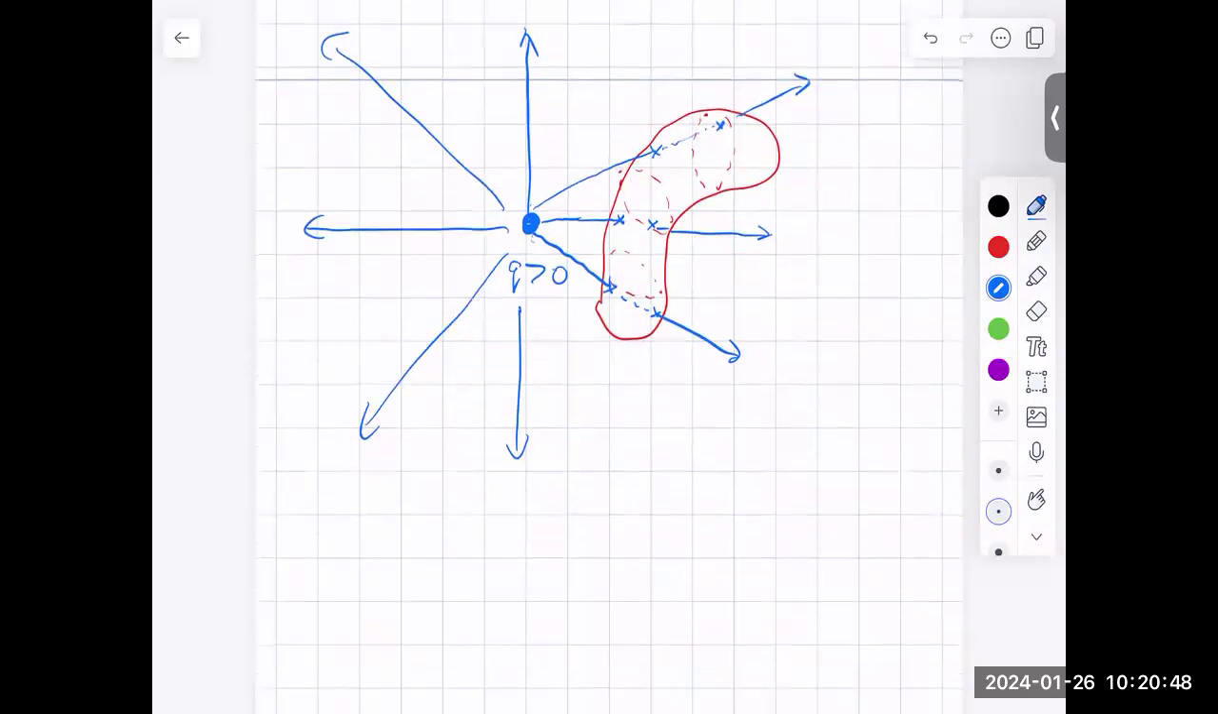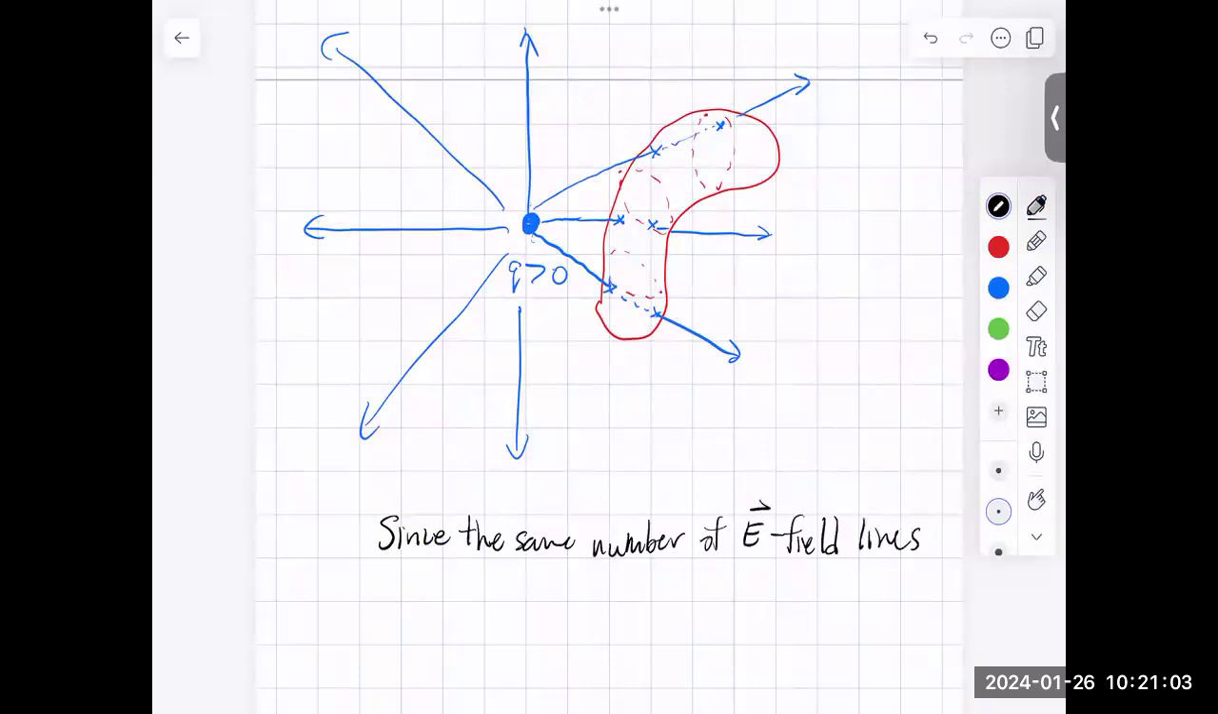So we could say, since the same number of electric field lines enter and exit the surface, the net flux is 0. Okay, now what I could do is I could take this point charge and I could move it